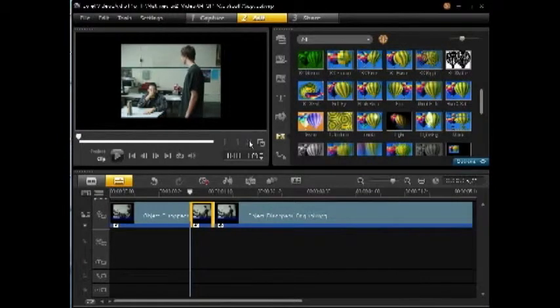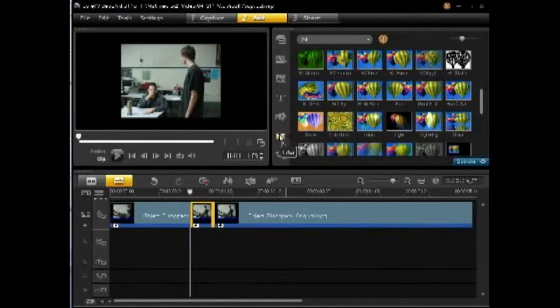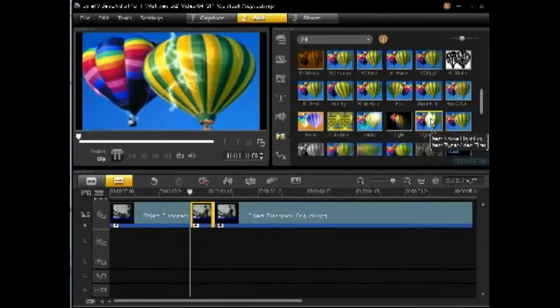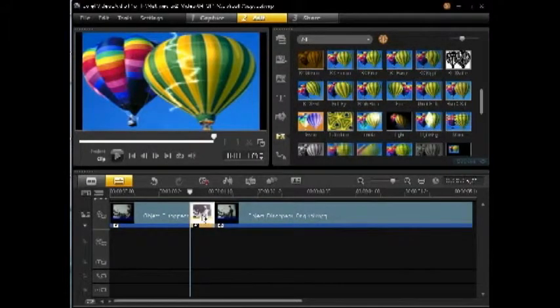Now we're going to put our special effect on this middle clip because that will make it easier to apply the filter. You need to make sure you use a filter that has a location control point, and I'll show you what that means. I have the middle clip selected. I'm going to find my effects under FX, and for this example we're going to use lightning. So there's the lightning effect. If I drag it and drop it onto my middle clip,